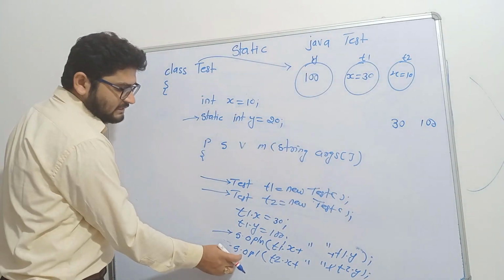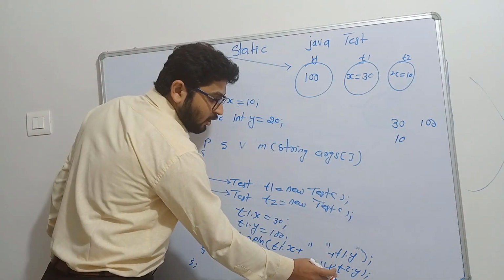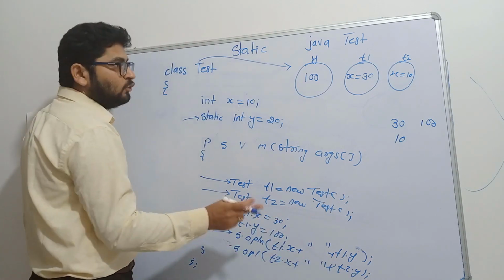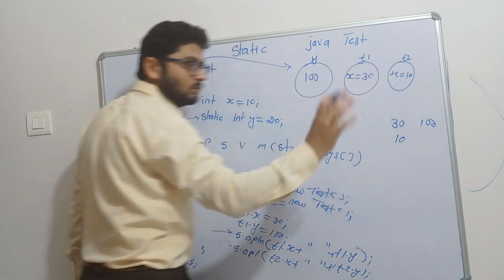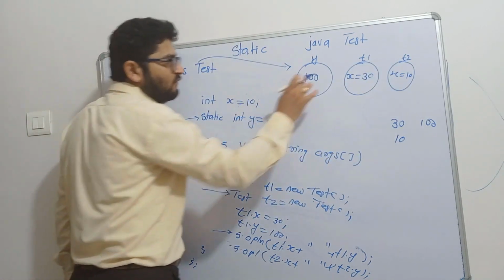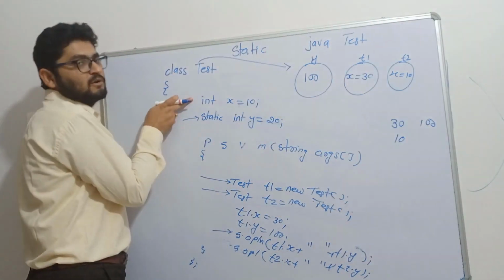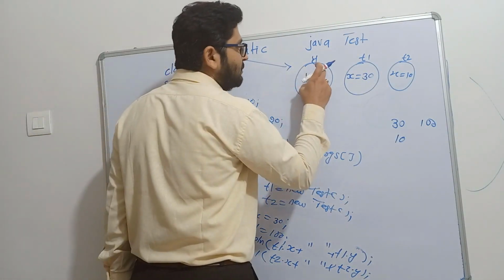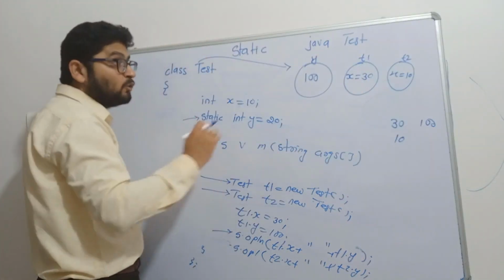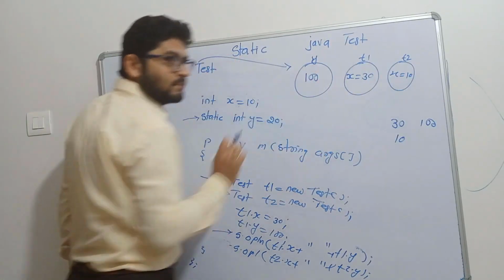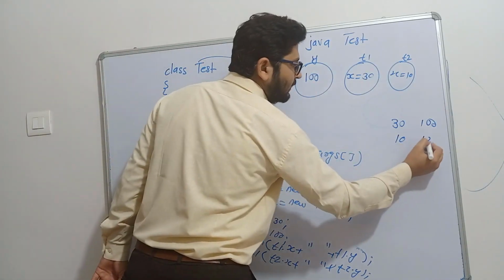Now when we execute this line, t2.x is 10. Now observe here t2.y. t2.y is nothing but the same y. So this y is shared for t1 and t2 both. There will not be a separate copy of y, though we have a separate copy of x because it is a non-static member of Test, and there will be only one copy of y. If we change the copy of y for t1, it is going to be reflected for the y of t2 also, because there is only one copy. So t2.y again will be equal to 100.